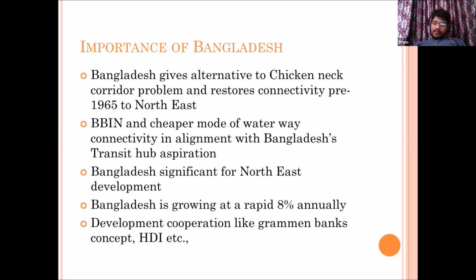And similarly, Bangladesh wants to become a transit corridor or a transit hub, basically, because Nepal wants sea access, Bhutan wants sea access. So right now it is going through only India. But if Bangladesh also becomes part of BBIN, then Bangladesh can also use its seaports to export and import products of Bhutan and Nepal. So that is how it is a common understanding of Bangladesh and India.